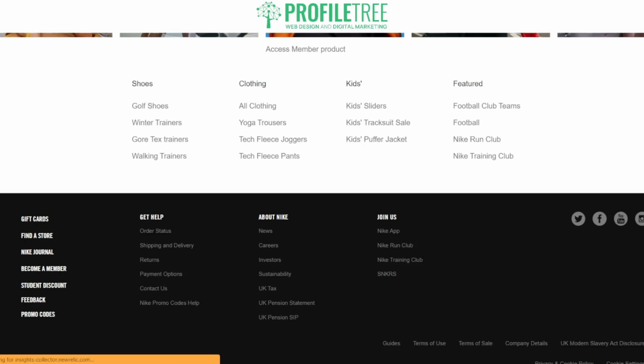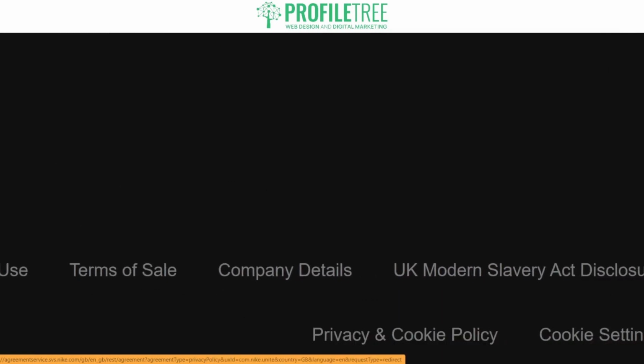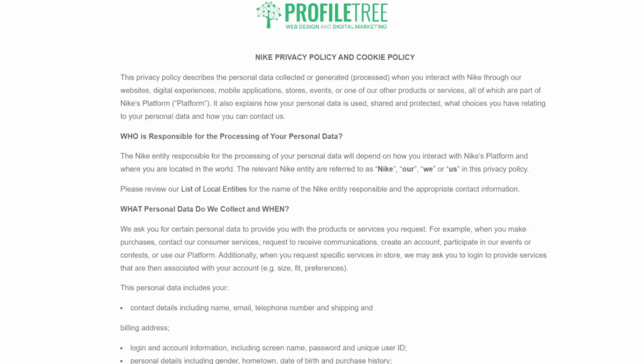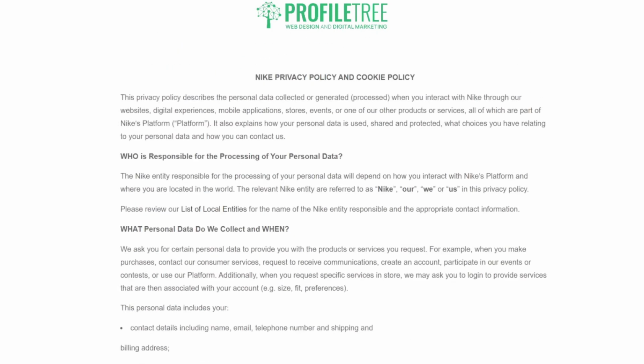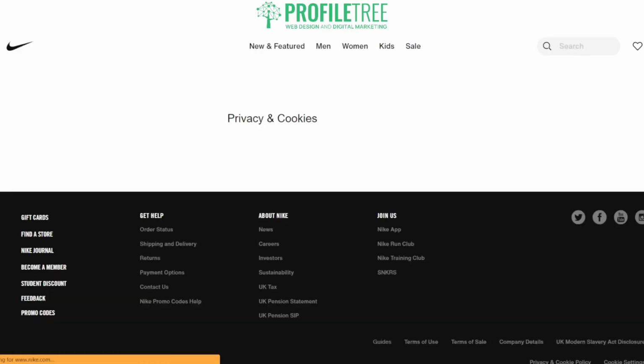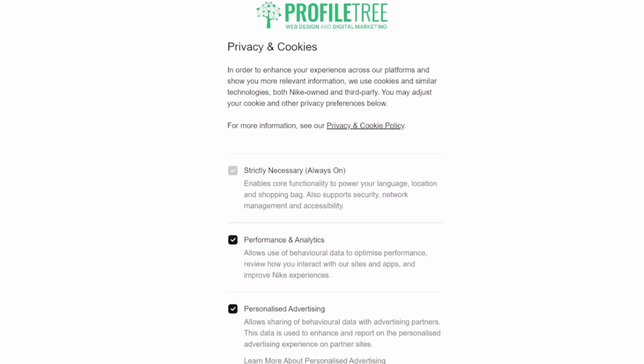Now, another point as well is to implement website personalization. What businesses often leverage to gather user data is to collect it through cookies. So you'll see it all the time. You'll get the cookie pop-up. So there's a privacy and cookie settings. So it just gives you an insight on what the policy is all about. And we could see that there is cookie settings. So you'll always get a pop-up anyway, just whether you want to